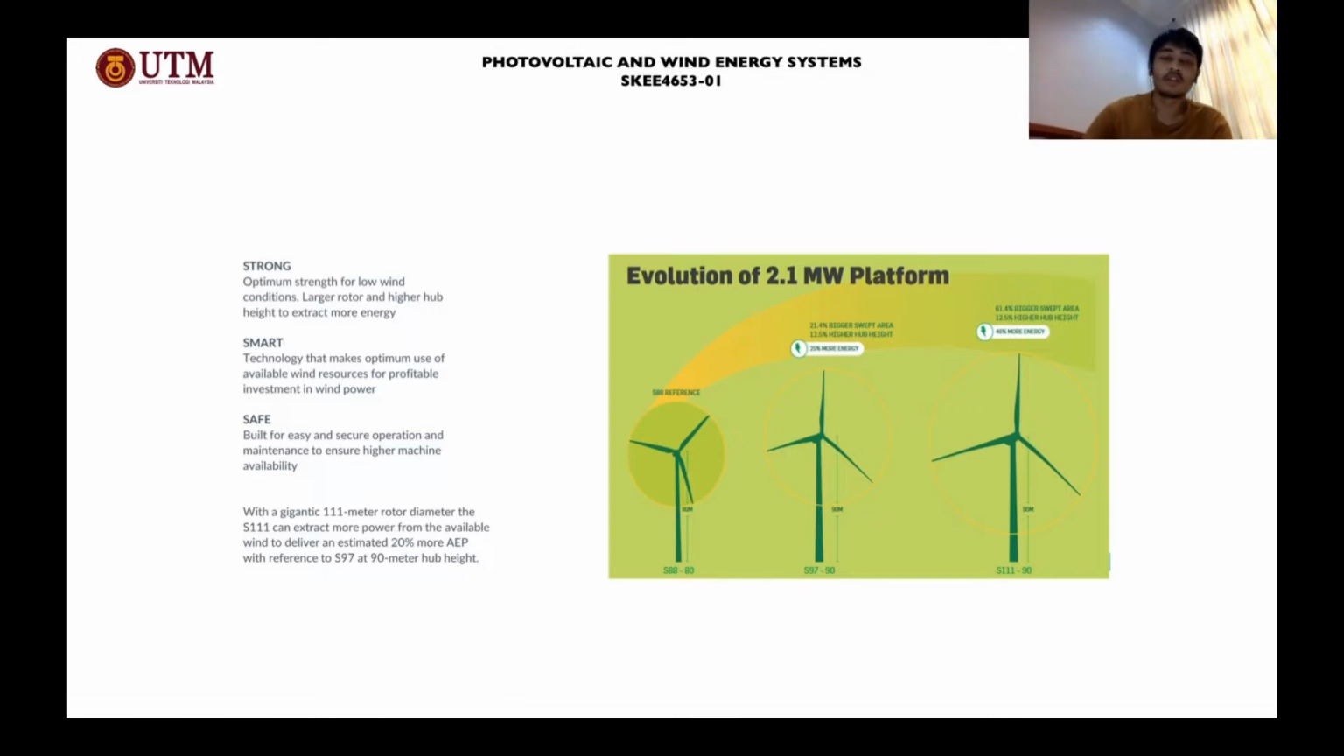And as we can see, the design pursues three criteria, which are strong, smart and safe. Strong is the optimum strength for low wind condition, with a larger rotor and higher hub, which helps to extract more energy. Smart technology uses the available wind resources for a profitable investment in wind power, and the criteria of safe is built for easy and secure operation,